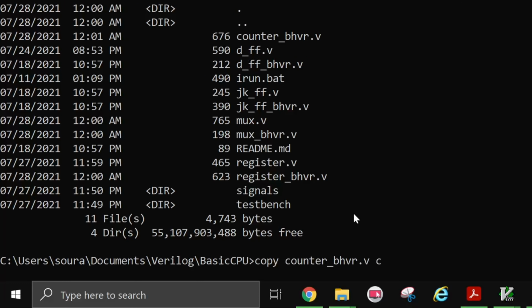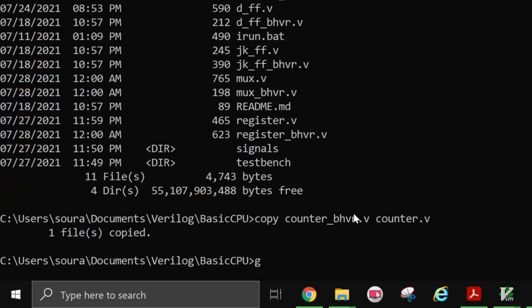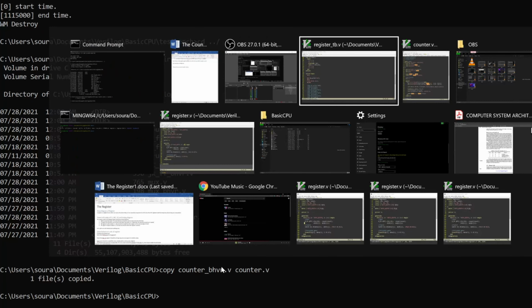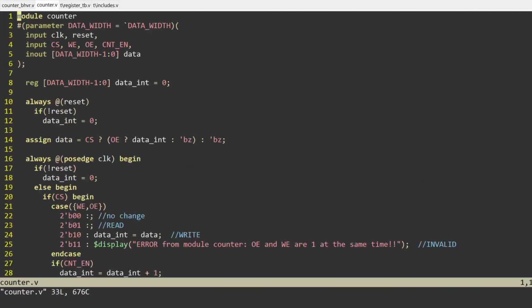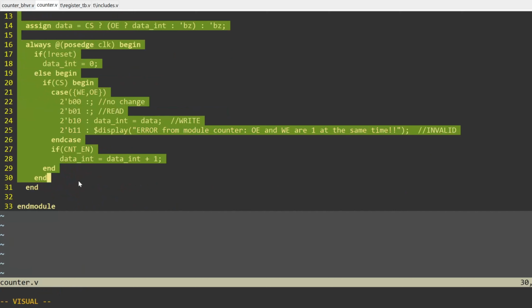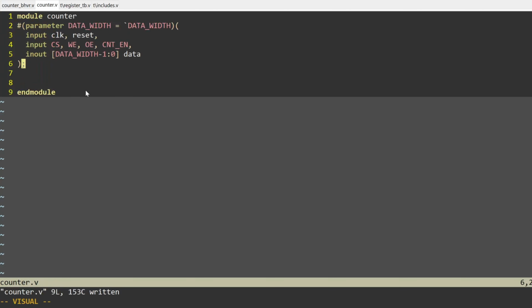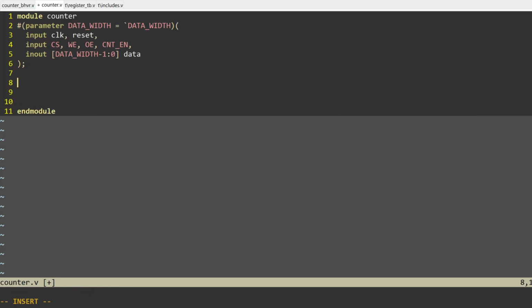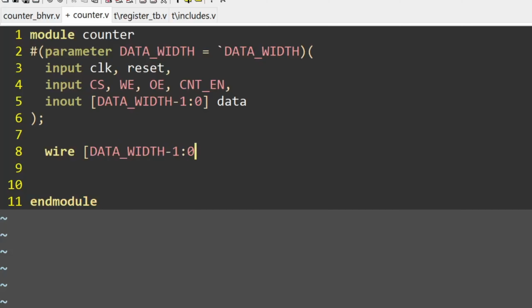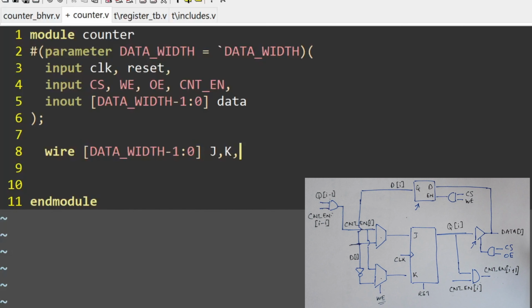I'll copy the behavioral circuit and remove all its statements. Here, I'm adding all the wires I'll be using in each instance.